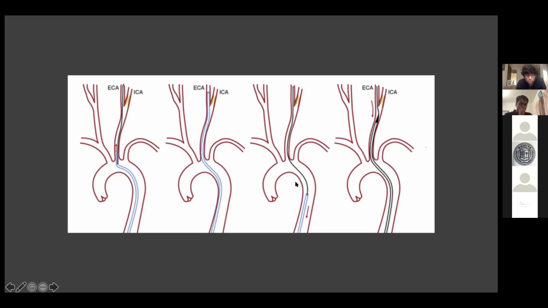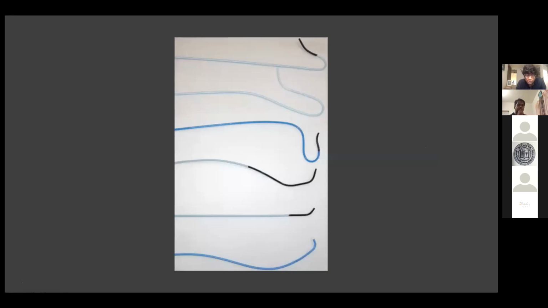lesion. Now if you're going in from the groin, you've got one curve of the aortic arch, and then you've got another curve through which you have to get into the common carotid. On the left side it is still easy, on the right side it is going to be even more difficult. Obviously, based on the arch architecture, you are going to have trouble. And sometimes you need these funny catheters to cannulate the common carotid if the arch is giving you trouble.